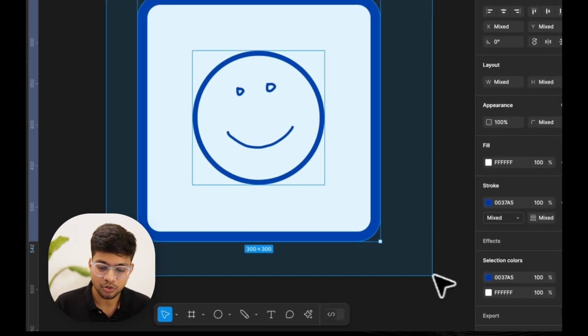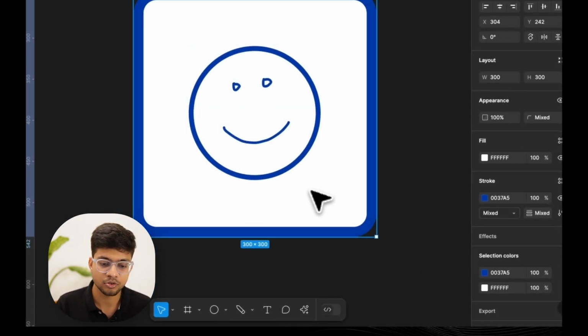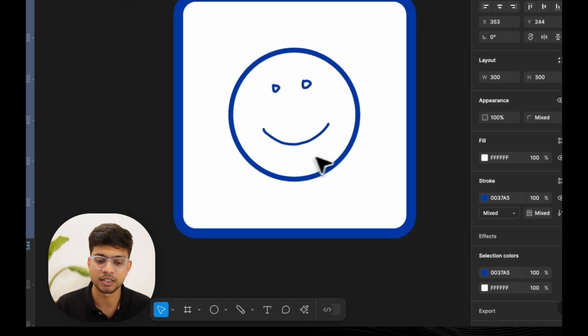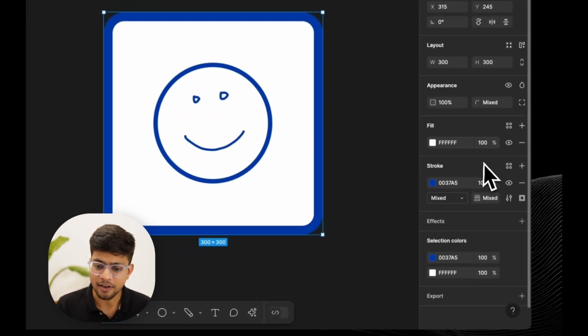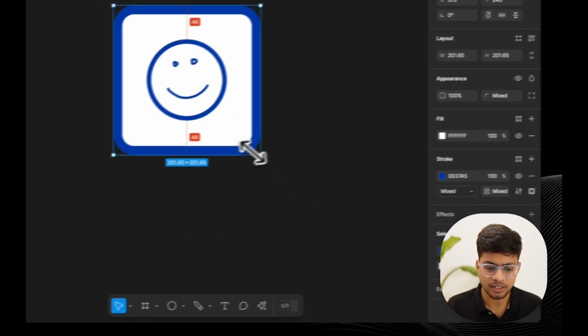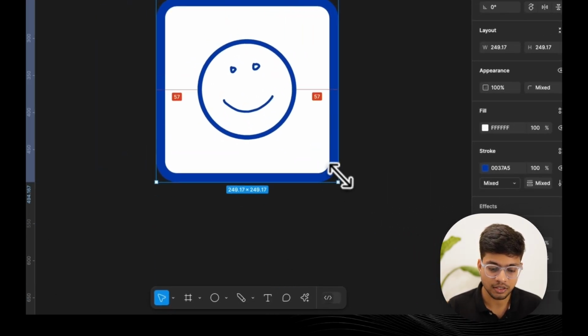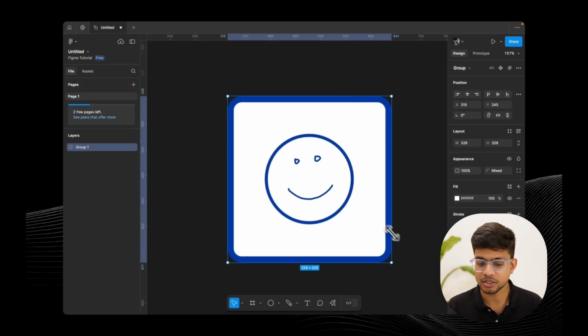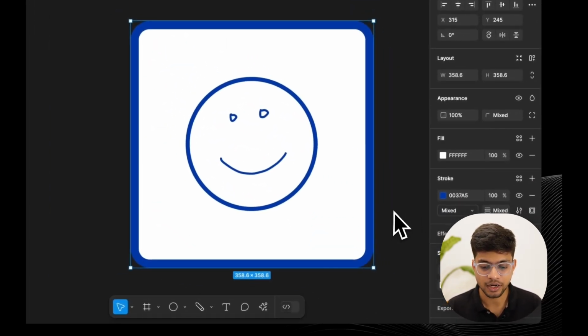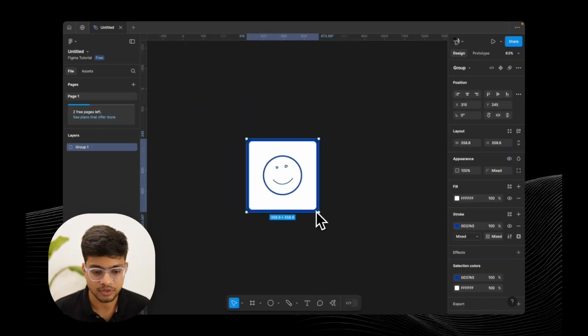Well, I can also group all of this together, right? So that this comes as one single design. And voila, we have our first design ready. Now that we have it ready, we can scale it a bit. Scaling again is super easy. Either you can use the scale tool that is already present, or you can press shift and just drag and drop the design, right? So it will change the size accordingly.